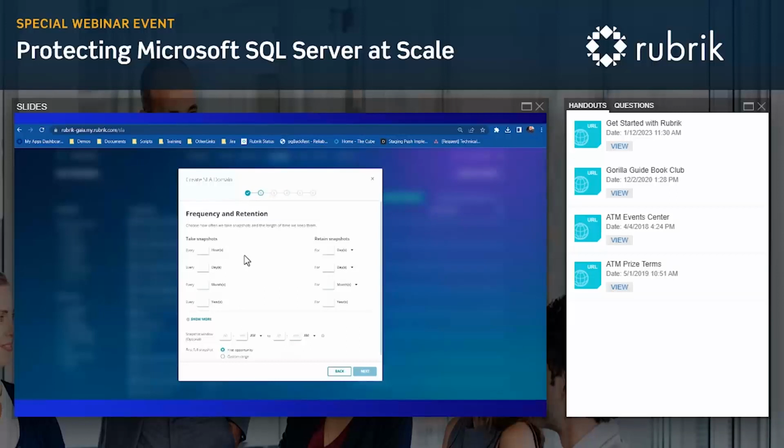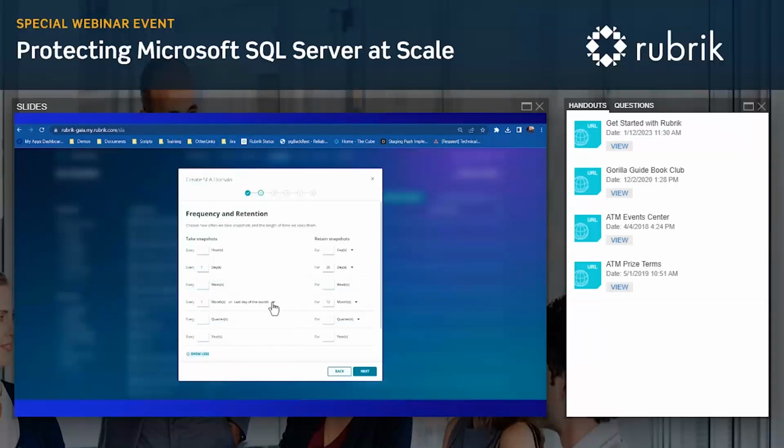In the next step, we're going to answer the first two questions we brought up earlier. How often do I want to take a backup? And how long do I want to retain the backup for? So let's just do that real quick by saying I want to take a backup once a day and keep it for 30 days. You can also say once a month and keep it for 12 months. If I want to, I can also have more granularity. If you click here, you can also see we can have hourly, weekly, yearly.